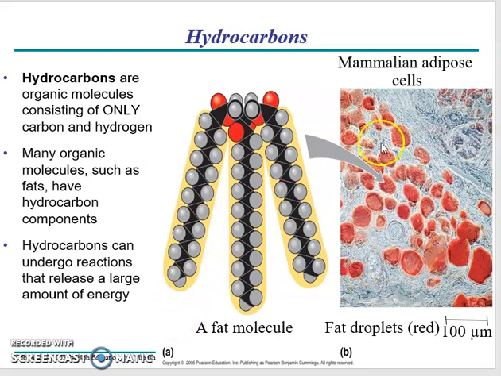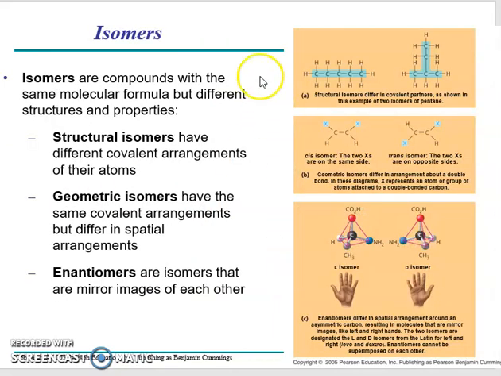Okay, so what you're seeing here in this micrograph, these little red droplets, right, is basically a slide of fat cells. Okay, fat cells are loaded with fat, right? That's why they're called fat cells, of course. And when you look at them under the microscope, when you stain them with a stain that sticks to only fat, it highlights them in this red color. What that shows you is the fat, the lipids in there, which have hydrocarbon tails, are pretty much filling up those cells. So it is a really important molecule for life. We all have fat tissue, whether we want it or not, right?